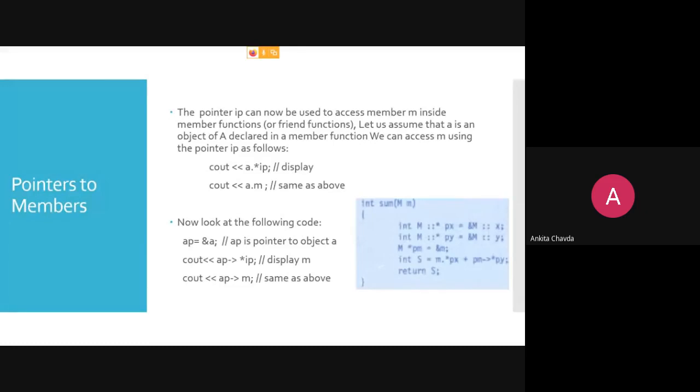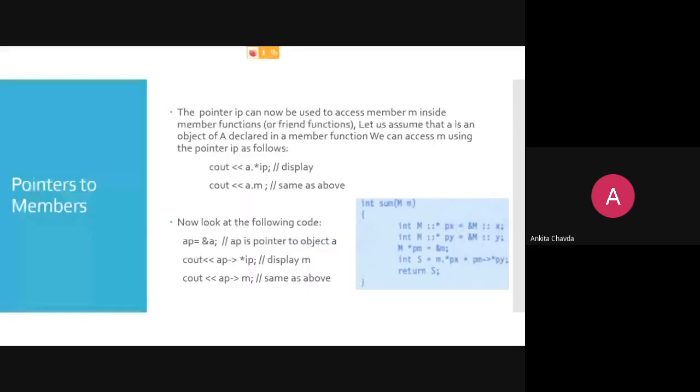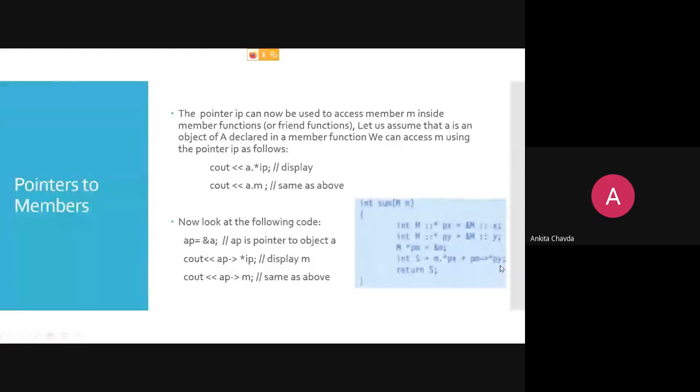And I'm showing you another way how you can access the value of py directly via pm. So you can write pm arrow operator pointer py. Getting this is very important to understand, which you cannot understand just by looking at a book, right?